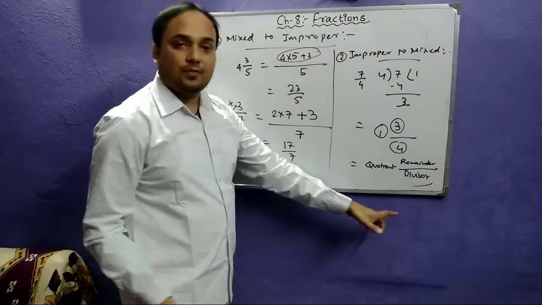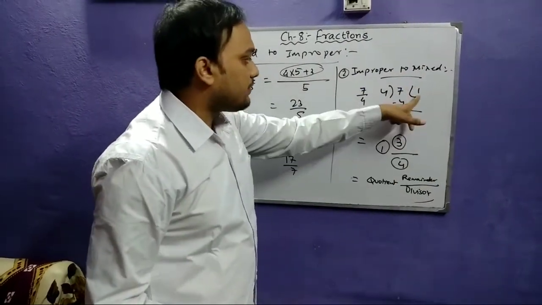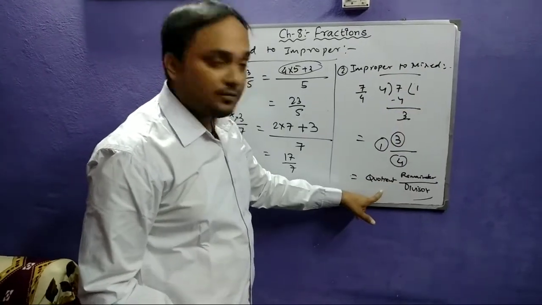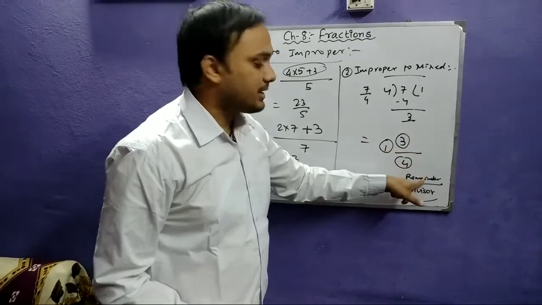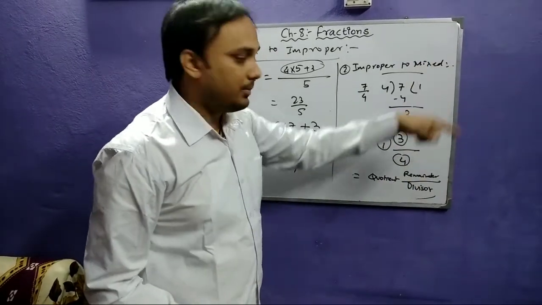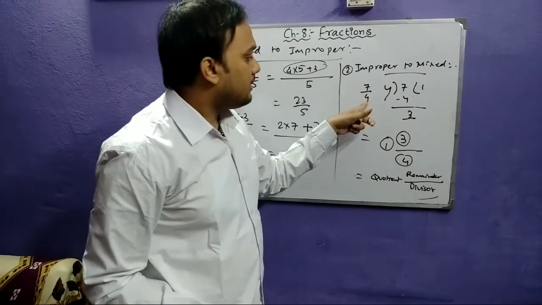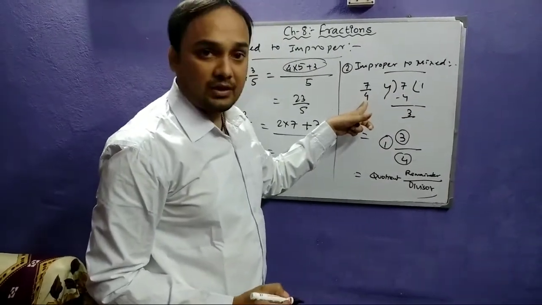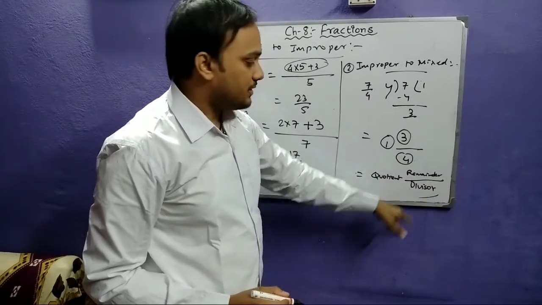So this process you have to follow. First you have to divide it. After dividing, whatever quotient you get, you write it in the whole number part, that is the middle part. Then the remainder you get will be written as the numerator, that is the above number. And the divisor, which one is this? The divisor remains the same as the denominator in the fraction, so it will be written at the denominator, that is the divisor on the side.